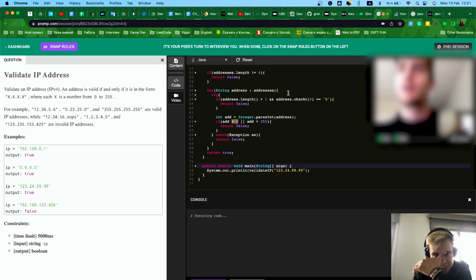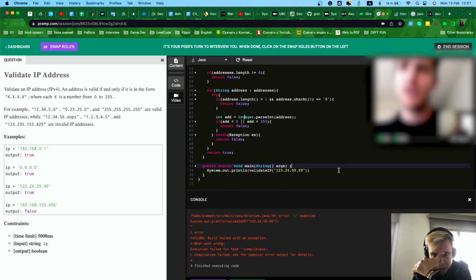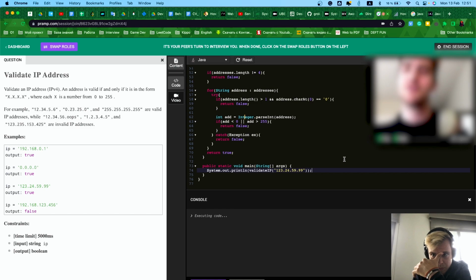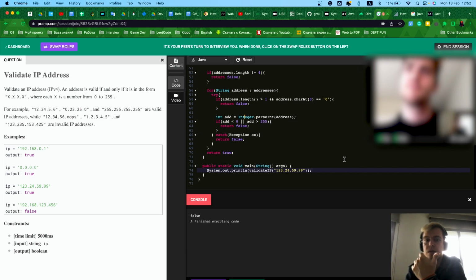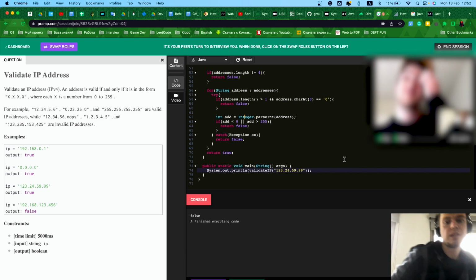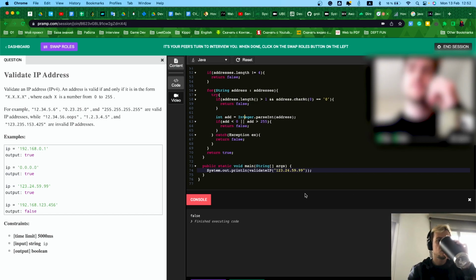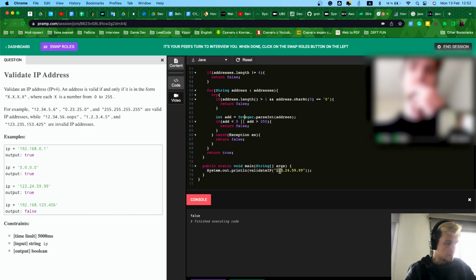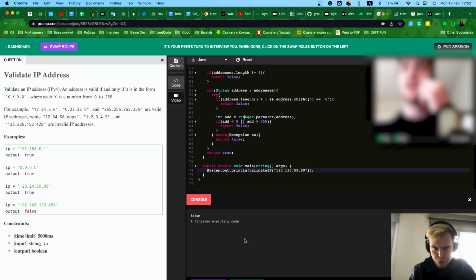Here. Yeah, it looks okay to me. Yeah, I'm a little confused as well. Maybe that is false, but yeah, you see, I'm trying to validate this IP address and that is false, but